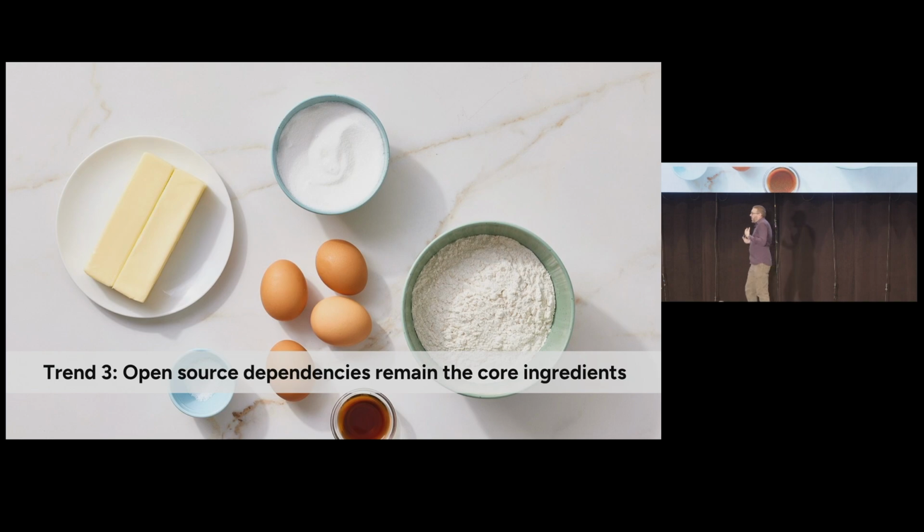Now, interestingly, one thing that hasn't changed, and I was using cake analogies, and I promise this is my last baking slide, is that the ingredients that go into these applications haven't fundamentally changed. So when you think about what's actually shipping out there, like 90% of anything that's running a production system is simply repackaged open source. So think about it this way, 90% of the code that's being delivered into a production environment is written by random people on the internet. Just hold that in your head for a second.